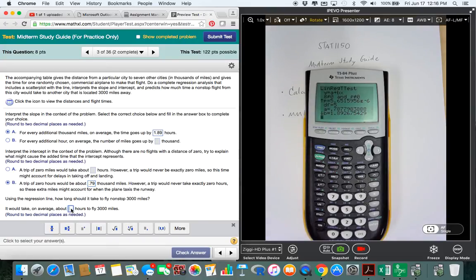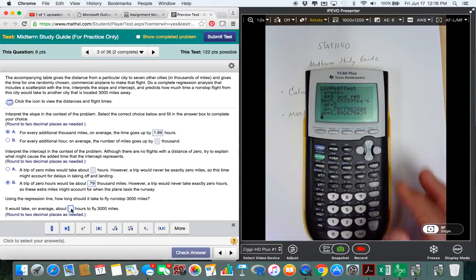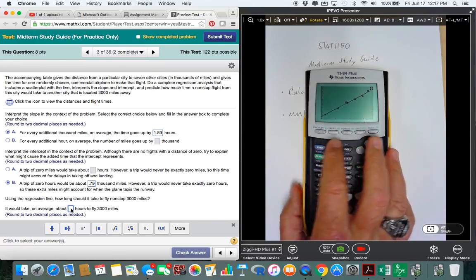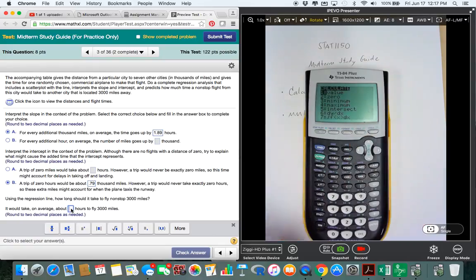So let's put in 1,000. Let me show you something that you can do here. I'm glad I caught that. If I hit graph now after performing that analysis, notice that the line goes through the central focus of our cluster of points. What I can do now is go second function calc. This may be something you want to put on your cheat sheet. And go to value and type in the 3,000. And it will take me to the line, which is used for prediction, and give me, oh,